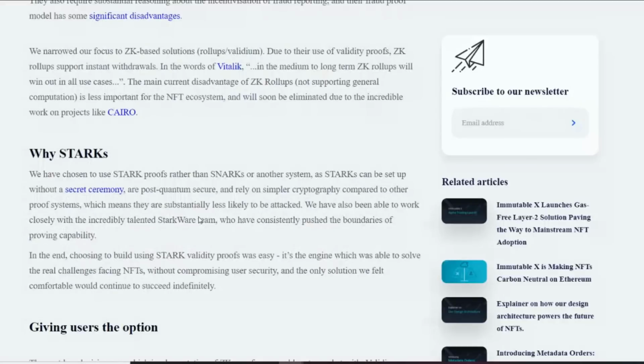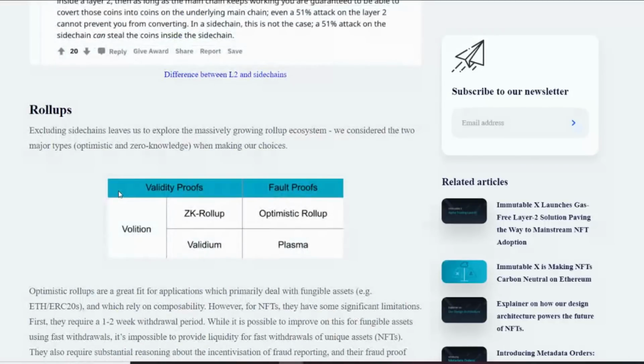But the whole concept is, we're using something called roll-ups, where if I was to explain this really simply, imagine you have a load of laundry to do. You've got 10 pieces of laundry, and you can either wash each individual item one at a time in your washing machine, which is what is done right now, or you could batch it up into one big batch, throw all of it in the washing machine, and then wash it. That's going to save you a lot of time and a lot of money on the water bill and electricity bill, running your washing machine 10% of what you would have.